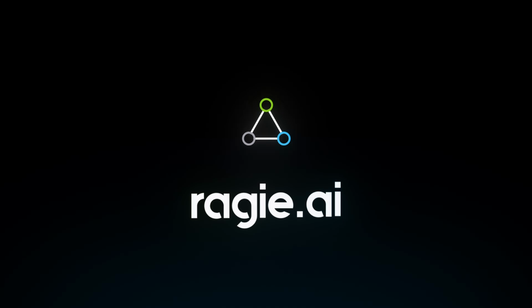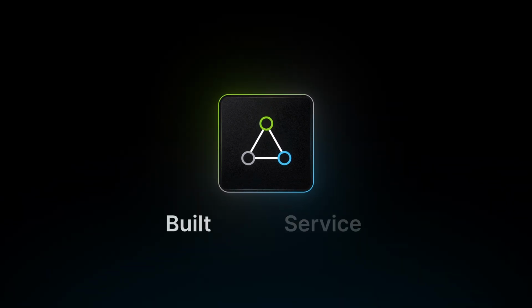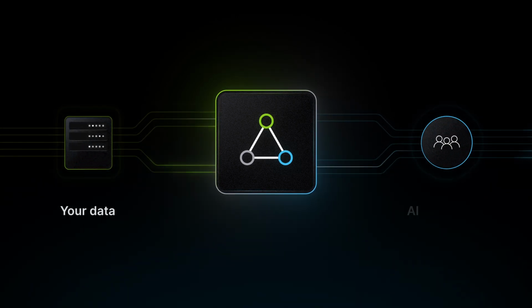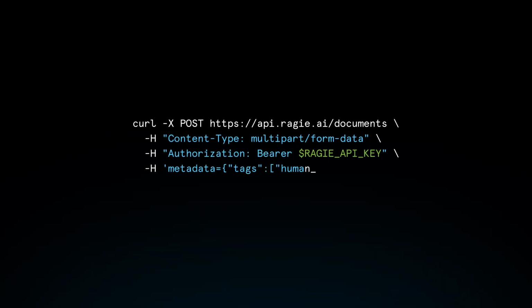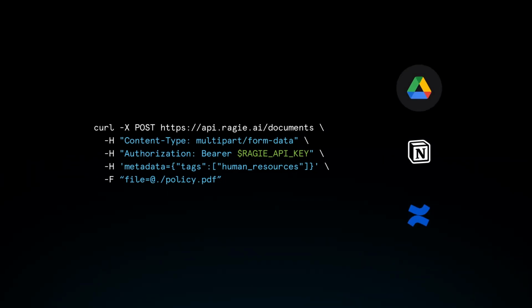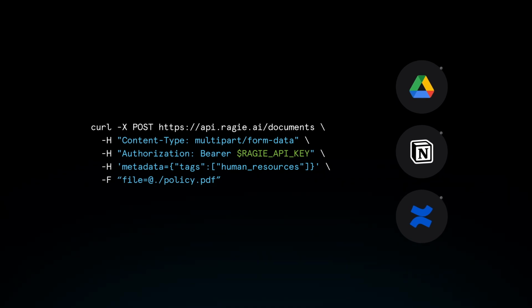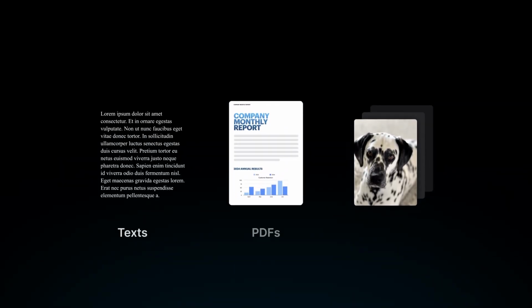Introducing Ragie, a fully managed RAG as a service solution built for developers that integrates data from your knowledge bases into your AI application. With Ragie, easily upload your data using simple APIs or sync directly to data sources like Google Drive, Notion, Confluence, and more. Automatic syncing ensures your data remains up to date, supporting a wide range of formats from text and PDFs to